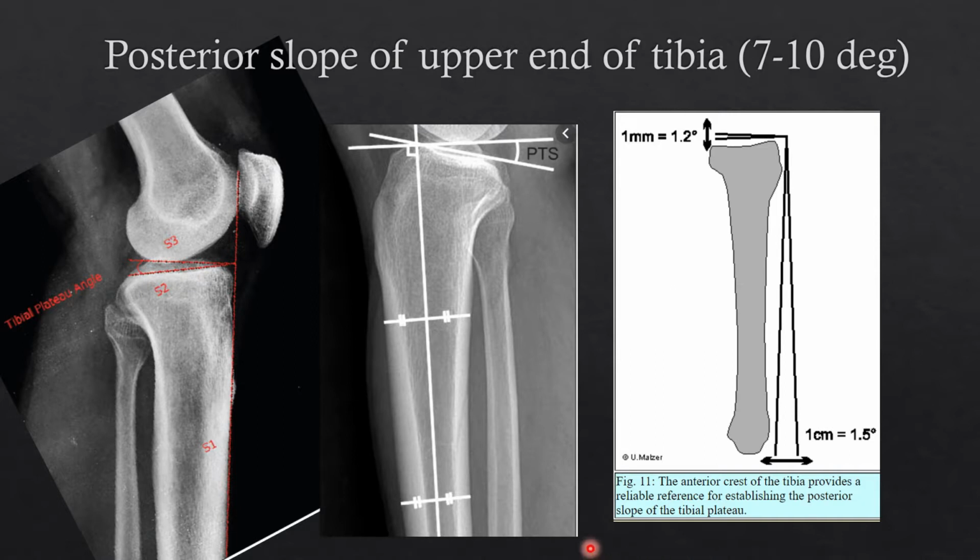It is measured by drawing a line along the shaft of the tibia or along the medullary canal, then a line perpendicular to this line, and another line along the joint line of the tibia. The angle between the two lines is the posterior tibial slope. And the anterior crest of the tibia provides a reliable reference for establishing the posterior slope